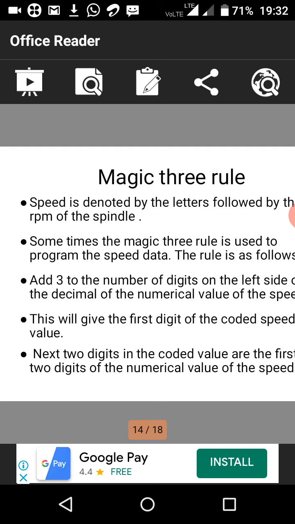Whatever code it has, we mention it to the computer, which magically converts it into a code that the CNC machine can read, but we can learn the basics of CNC M codes and G codes. So the machine which reads these magic codes, converting the RPM, will be coded by the magic 3 rule with reference to the NC machine. It also changes depending upon the model design, and the computer converts it into the code.